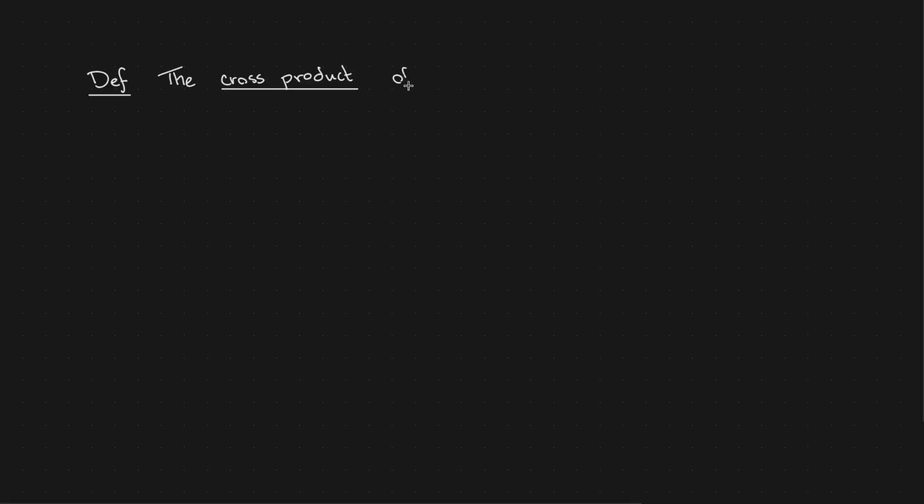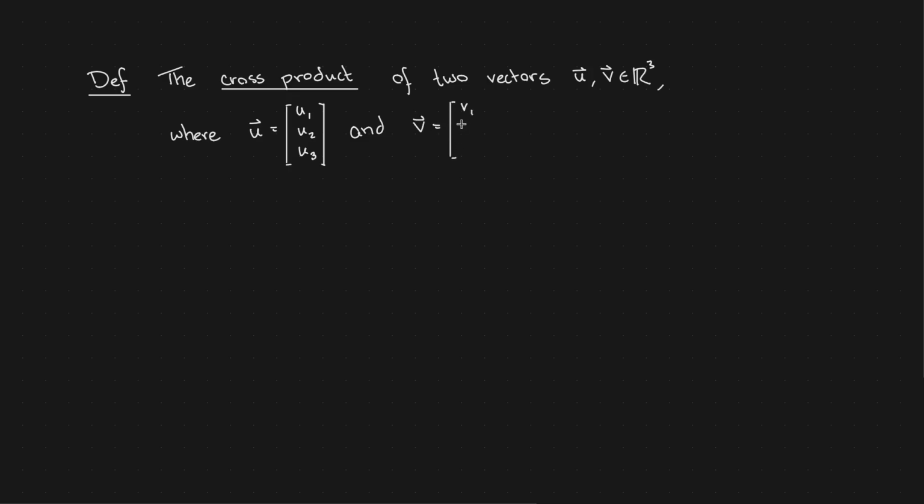The cross product of two vectors u and v that are in three-dimensional space, where u is equal to u1, u2, u3, and v is equal to v1, v2, v3, is defined as,